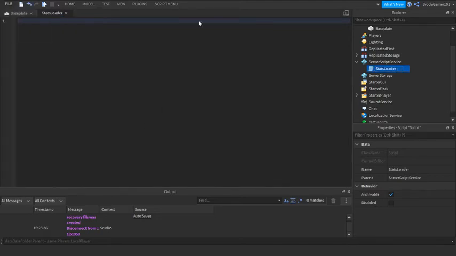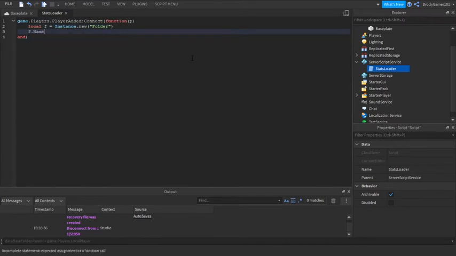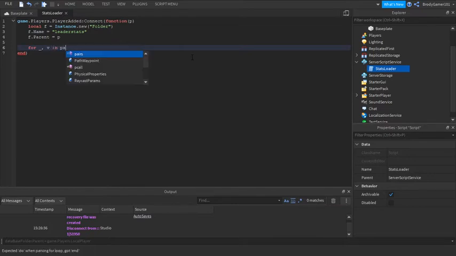Okay, so we're going to detect when a player joins the game. So we're going to do game.Players.PlayerAdded:Connect(function(player). So now that we have that, we're going to do local f, which means folder, equals Instance.new("Folder"), f.Name equals "leaderstats", f.Parent equals player. And you want to do for _, v in pairs(game.ReplicatedStorage.Stats:FindFirstChildOfClass(